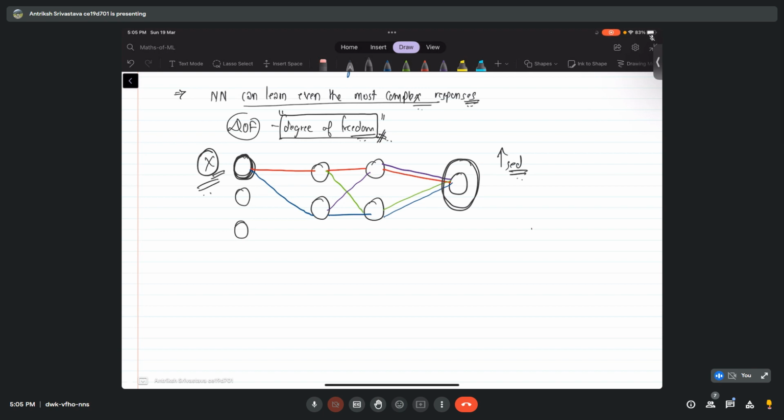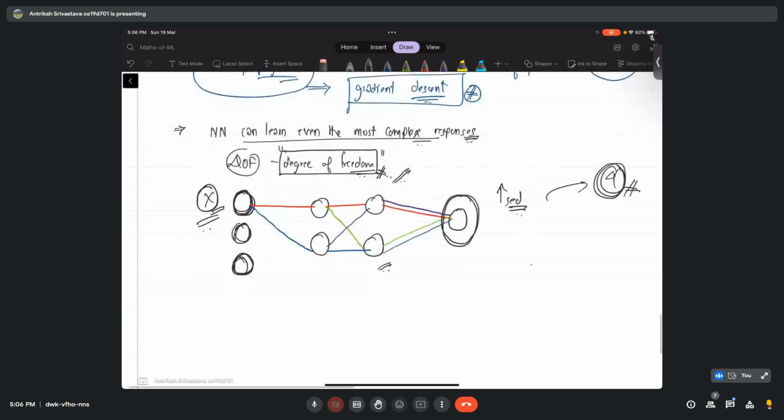So there may be some model which will not have a straightforward relationship of this input layer with this output layer, or any of these input layers with this output layer. Now our model can have these four paths assigned to those four scenarios. Initially it would have been able to capture just, let's say, two scenarios, two extremes I'm talking about, but now it can capture four such scenarios. So we have increased the degree of freedom of our model, or the complexity of our model, by increasing the number of layers. And in that way, we are able to mimic more complex responses.